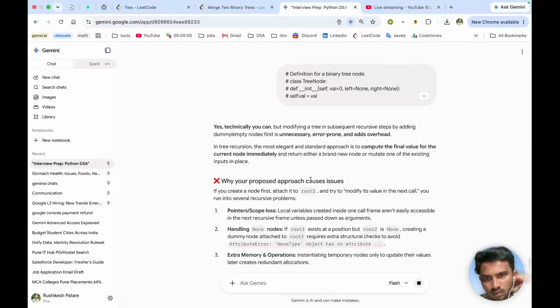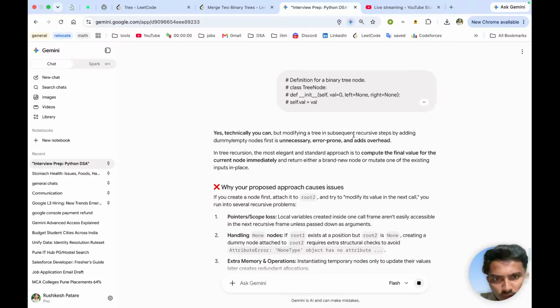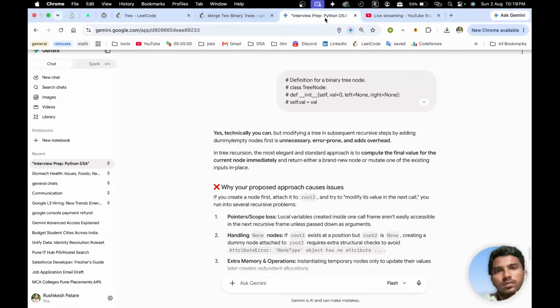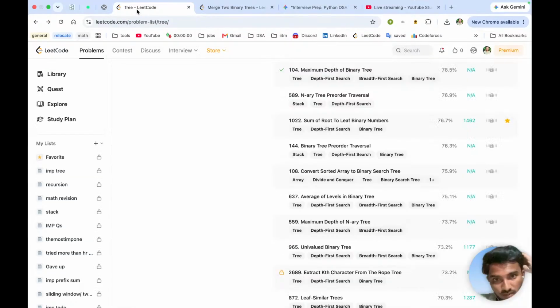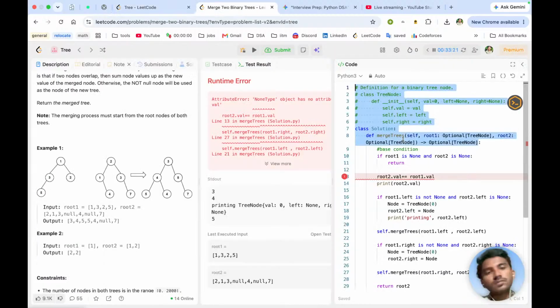Yes, technically you can, but modifying a training software requires only step by adding node of answer layer of. Oh my god. Oh my god. Because this,